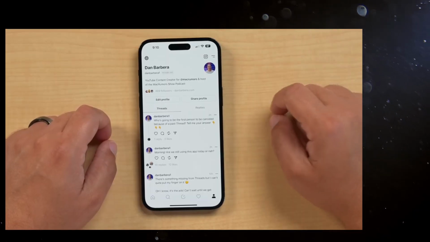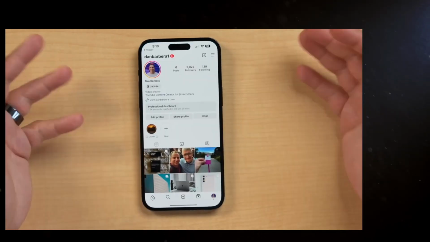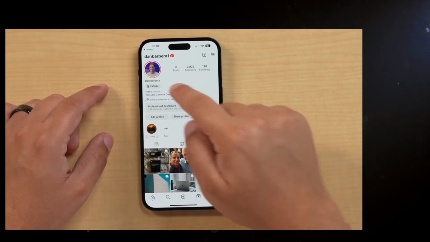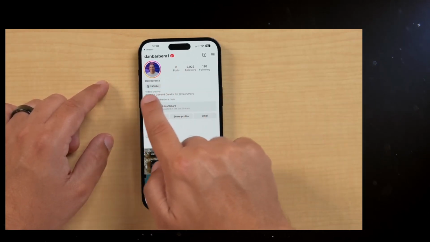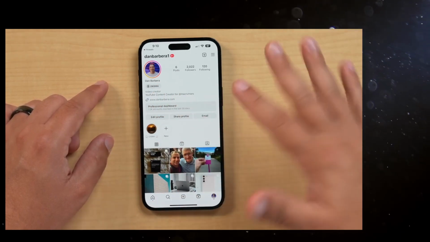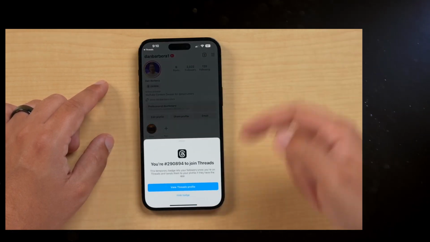But the one thing I do want to point out about Threads that I really enjoy is that when you do go to a profile, you'll see the Instagram icon is always at the top right. And what that does is if you tap it, it takes you to that person's Instagram account, which is really, really cool. And another thing to note is now there's a little "at" and then a number